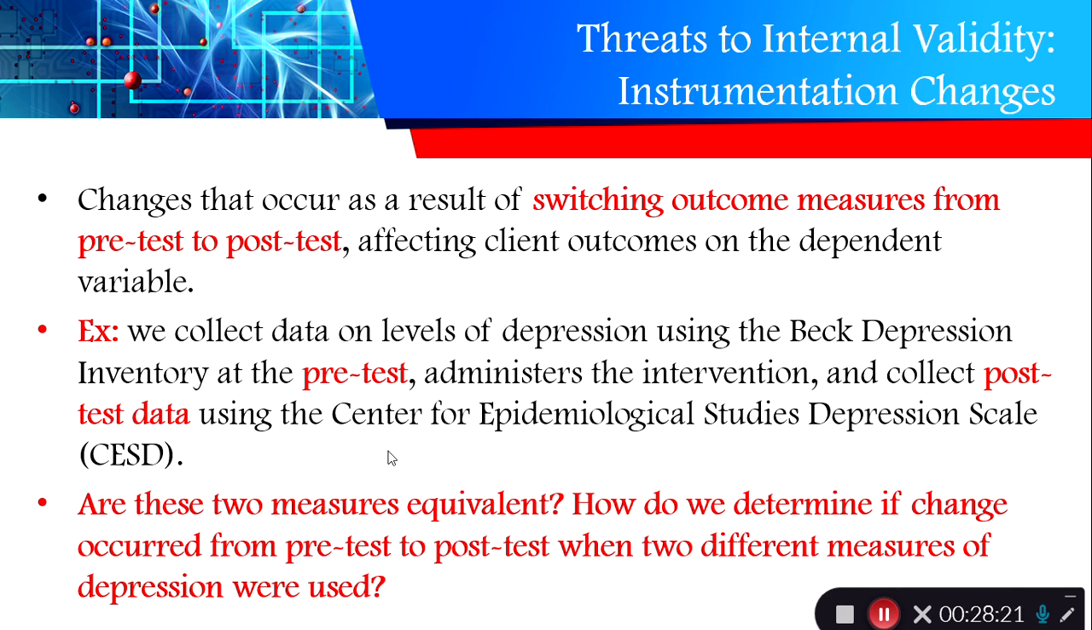How do we determine if change occurred from the pre-test to post-test when two different measures of depression were used? Ideally, and I can't really think of a logical reason for doing something like this, we always want to use the same measurement tool. Actually, now that I think of it, the only example I could think of where this could potentially happen may be